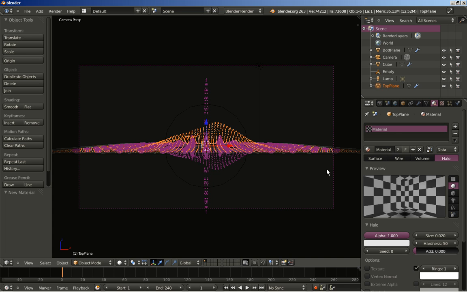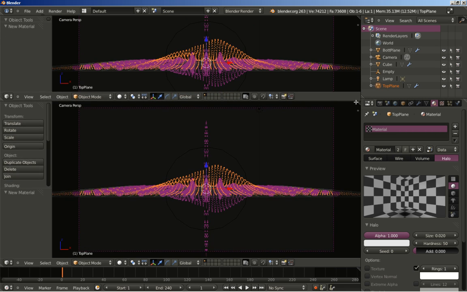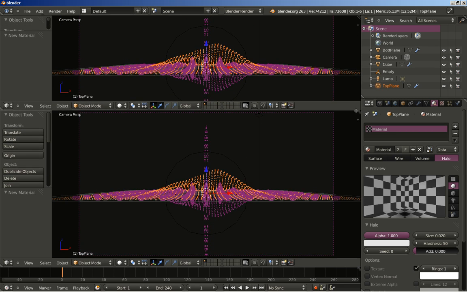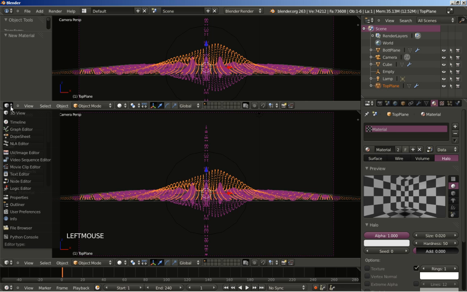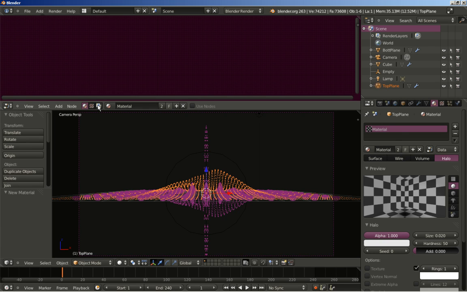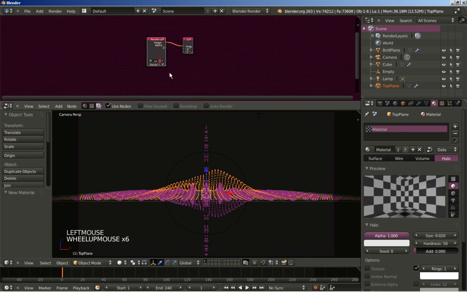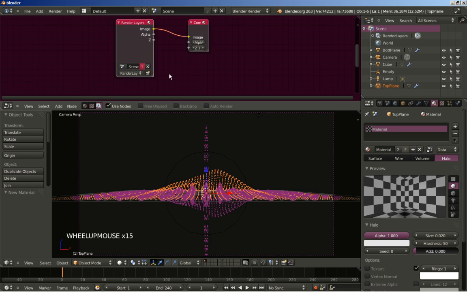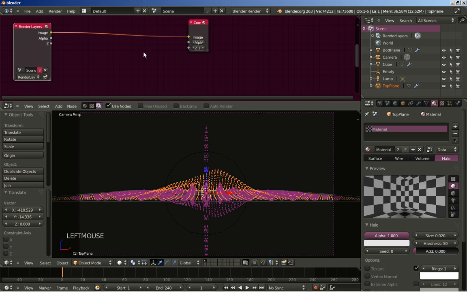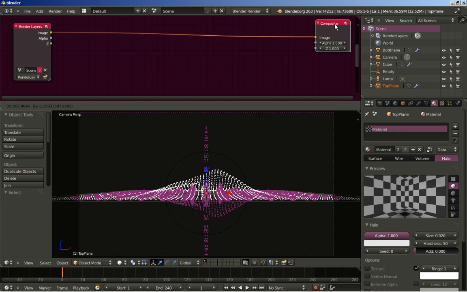But when you're working with halo materials, it's good to add some compositing to make it all look better. Now I'm splitting the 3D view here, and I'm going to change this window and make it a node editor window. I'm going to click here for the compositing nodes and click use nodes. I'll scroll my mouse wheel to zoom in, and we have the render layers and the composite node. I'll move them to the side, and I'll also hit